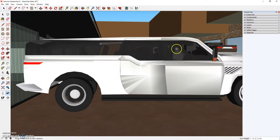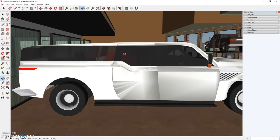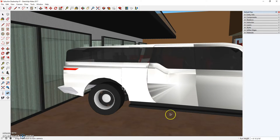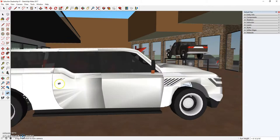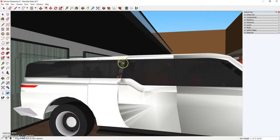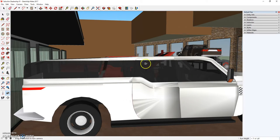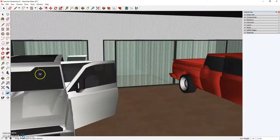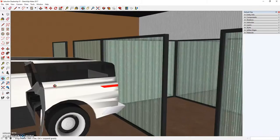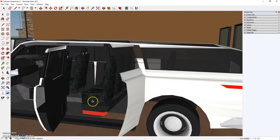This was a design I'd sketched out. I like having the borderless or the invisible pillars, so I decided to carry that all the way to the rear of the vehicle. This one is definitely very far from being finished, this model here, but I really wanted to rush it and at least get the concept out here for you guys to see. So the rear roof line disappears, tapers off near the rear, and windows just keep going all the way around. Obviously I do need more work on the pillars and whatnot, so it's not just glass all the way around,